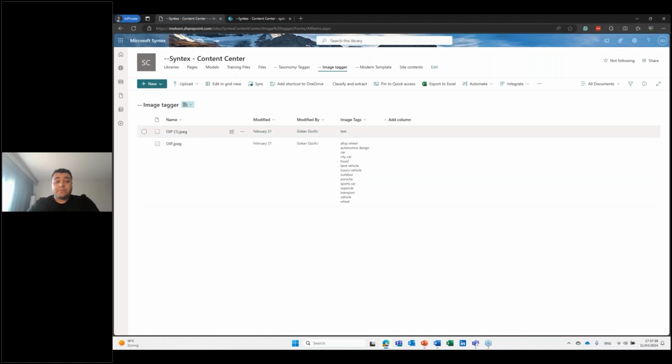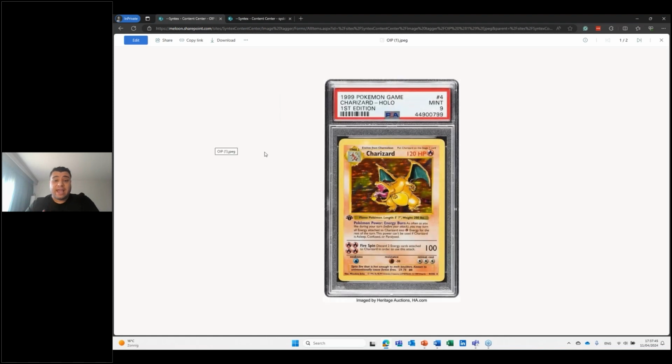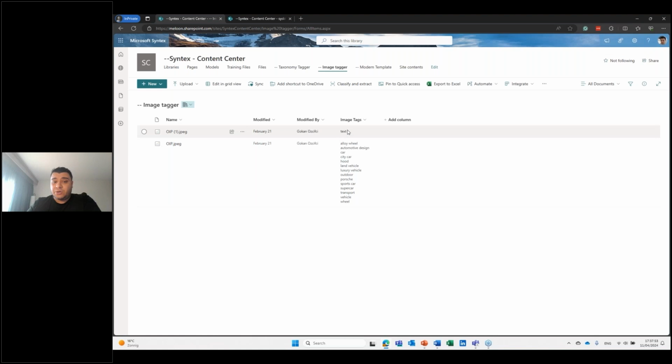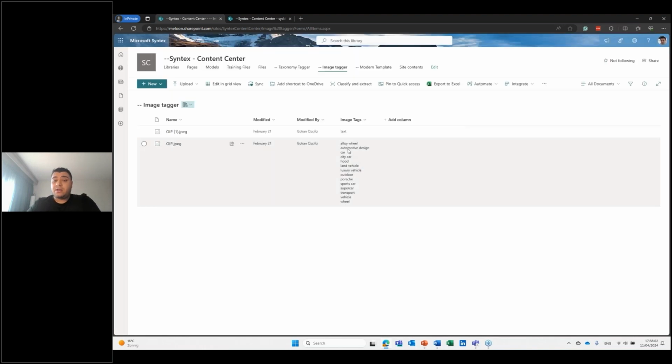The image tagger as well is yet another AI capability within SharePoint. So I made a few tests. It's not optimal, but look, I uploaded a picture, and Vlad is going to be very happy because it's a Pokemon card, which costs $400,000 USD. I uploaded that one, I made a test, and it could not really understand, and it just said, oh, it looks like text. However, I uploaded my dream car, which is a Porsche, a German car, and then the